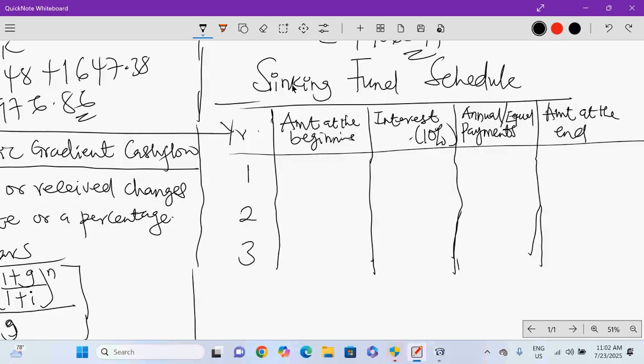In the fund, what is the amount at the beginning? When we were starting with the Susu boss or the Susu collector, how much was in the fund? 0. Nothing is in the fund, right? When you are starting your Susu, 0. Any interest on that, the interest is also 0, right? Then you made